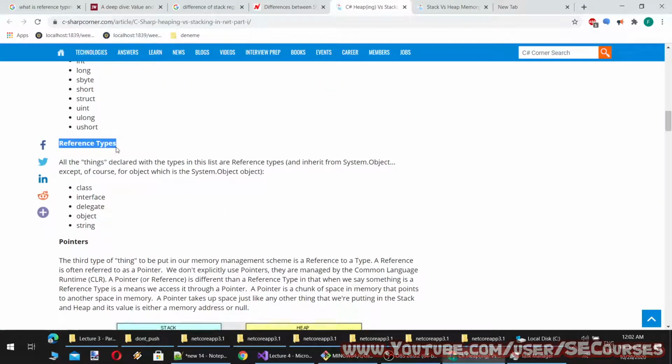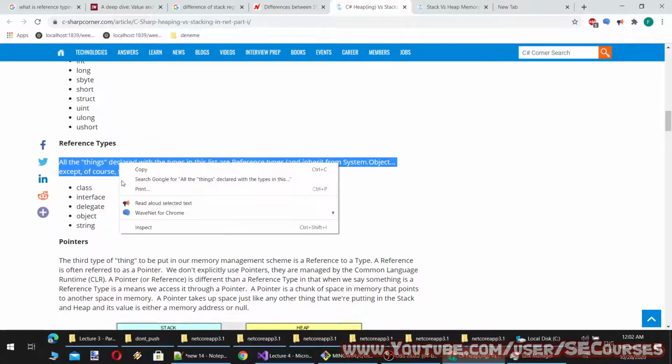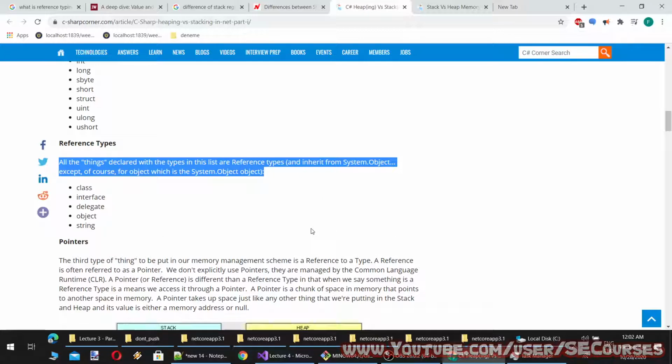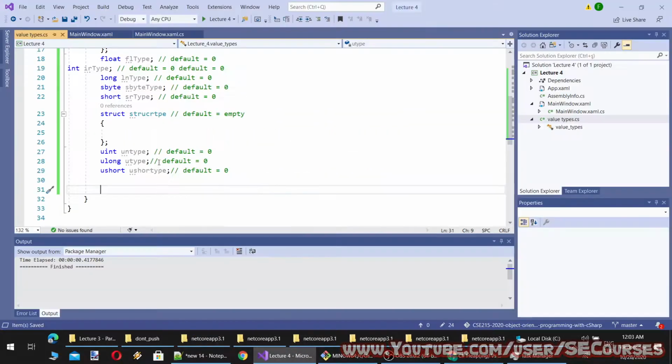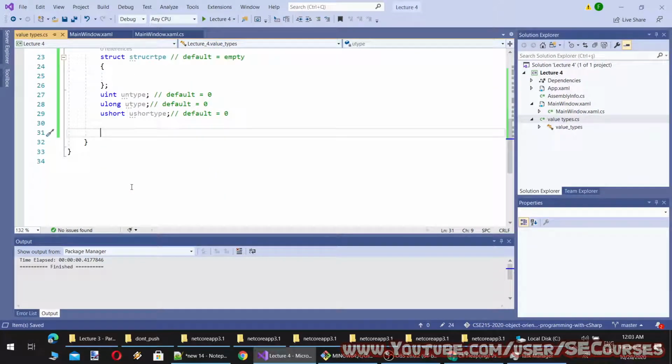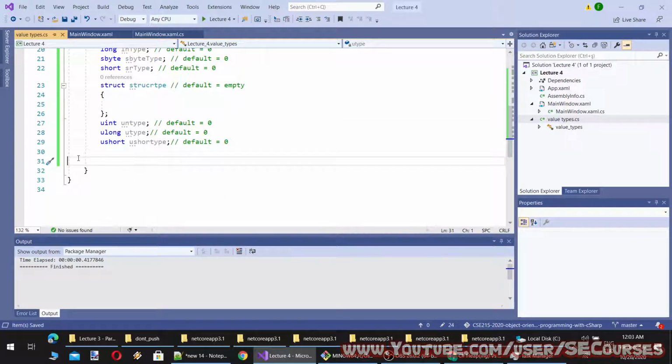So there are reference types. Really important to understand this. Reference types. All the things declared with the types in this list are reference types and inherit from System.Object. Except, of course, for object, which is the System.Object. Okay, let's copy paste this as well. So you will have, okay, now